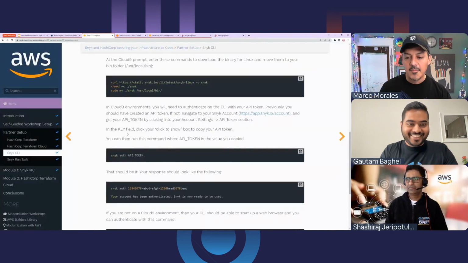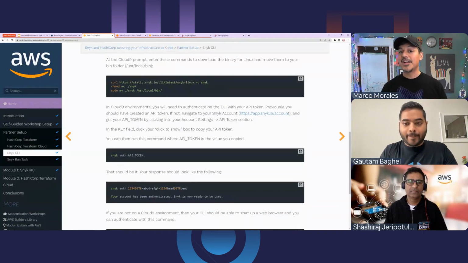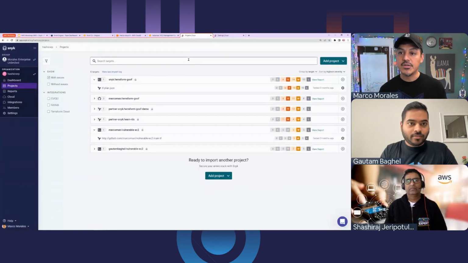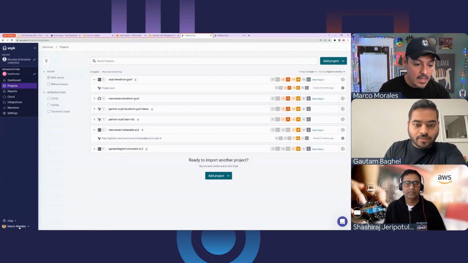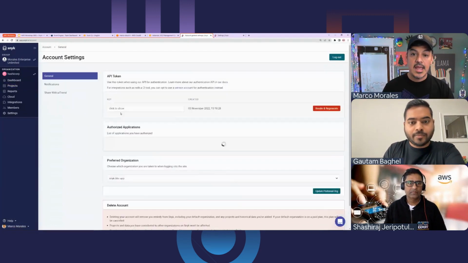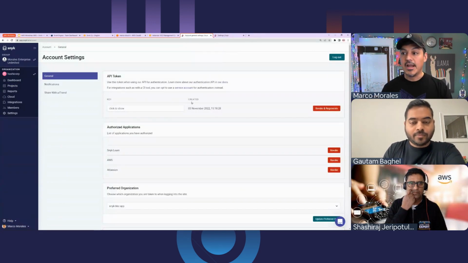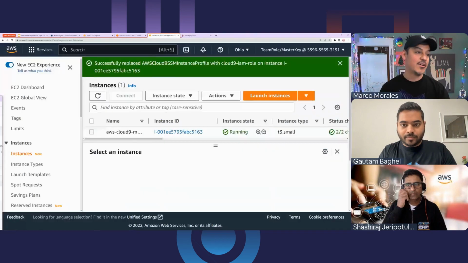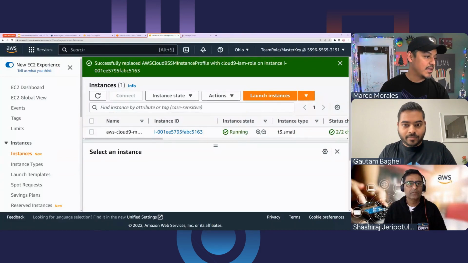So the authorization token is something you'll need. It's a secret. I'm not going to actually show you the page when I get my token, so that way you don't copy my results. But as a user, you click on your name and you go to your account settings, and I'm going to go ahead and create one. I'll move this tab out of the way, because when I click and show it, it's going to show you my API token. But I'll move it out of here to do the nice security thing.